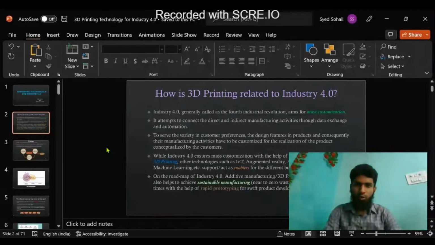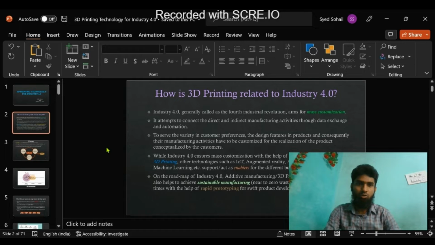Industry 4.0, as we know, is generally called the fourth industrial revolution. We had Industry 1.0, Industry 2.0, and Industry 3.0, and all of them were only aiming at different objectives. But Industry 4.0, as we know, is for mass customization. That's the buzzword, or that's the essence of Industry 4.0. We are aiming for mass customization, not for mass production, which we had in the earlier or the